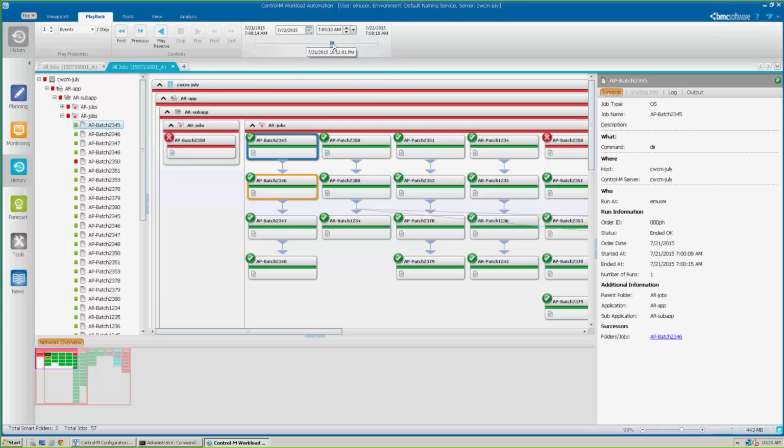So you can either drag the slider and drag it back in time, and that'll change the job statuses, or you could go in and put the actual time in here. You can step through the day. Currently it's set to do it by event. You can do it by time. So now that we're at 7 o'clock in the morning, let's hit the play button, and you can see that